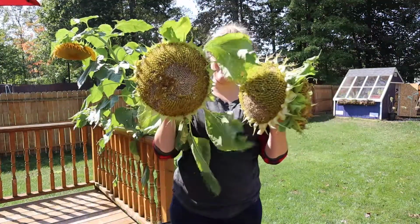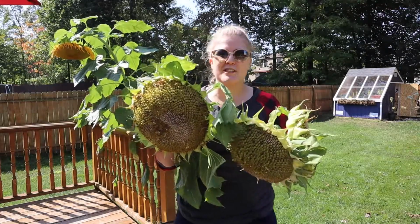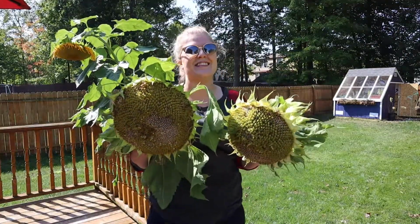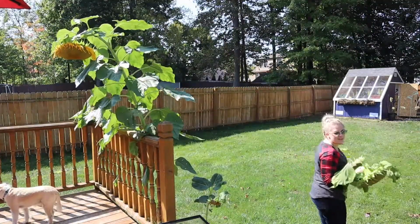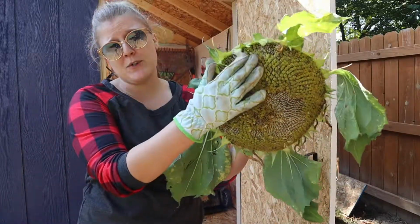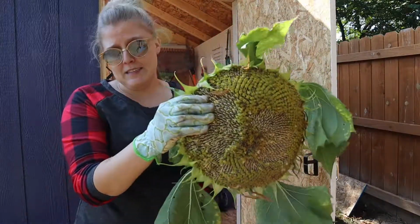For now, we're just gonna take our sunflower heads back over to the she shed so they can finish drying. Before we go into the she shed, I do want to try to get most of these little bits and bobs off of the front so that it doesn't make...